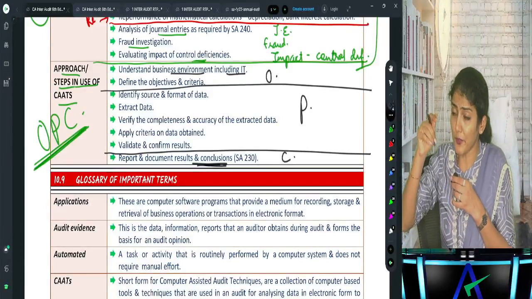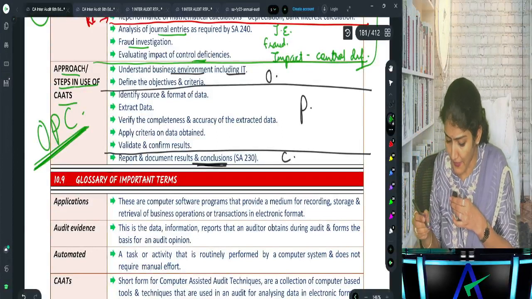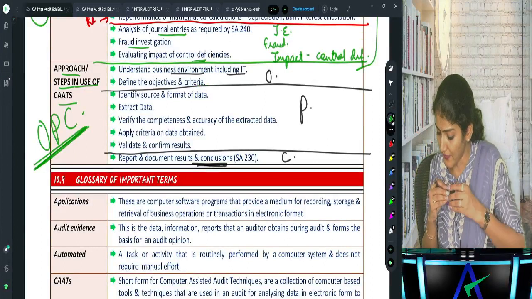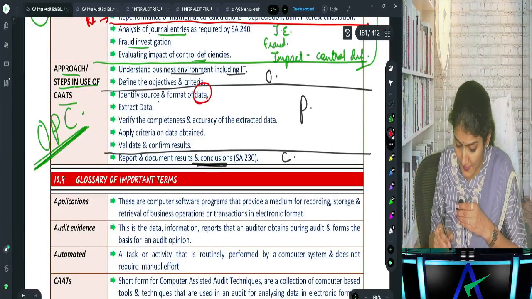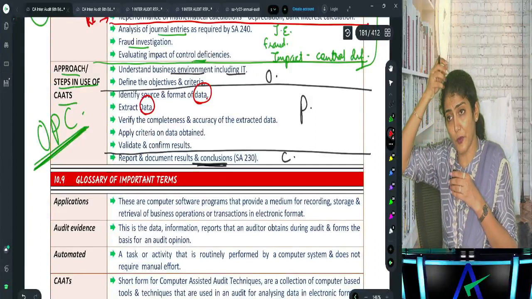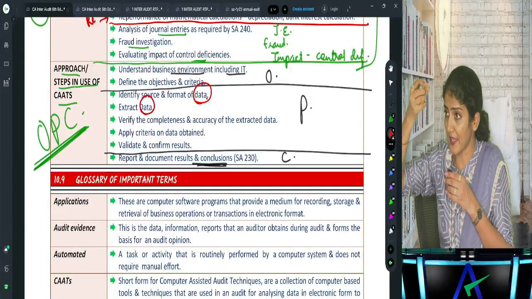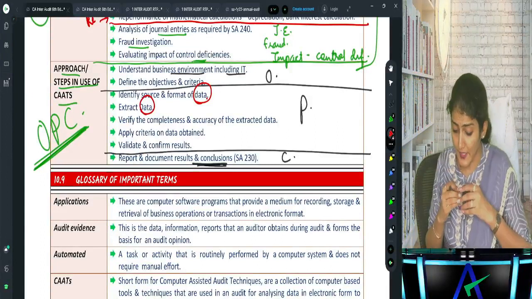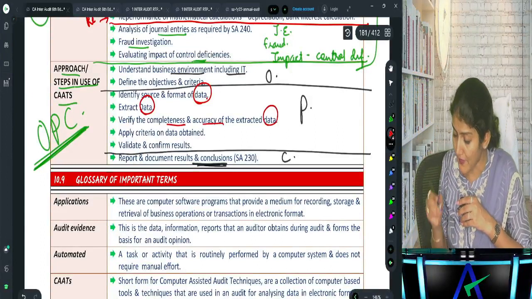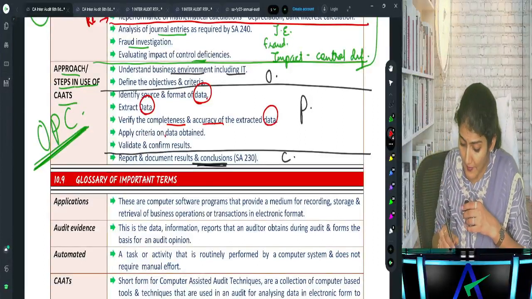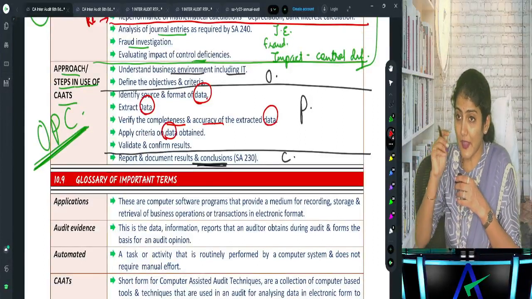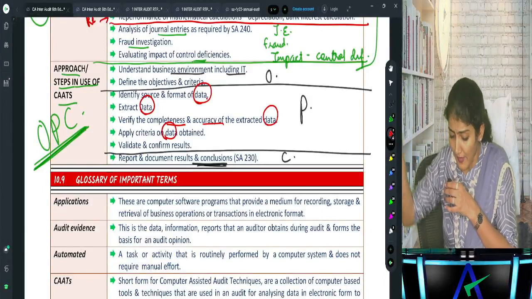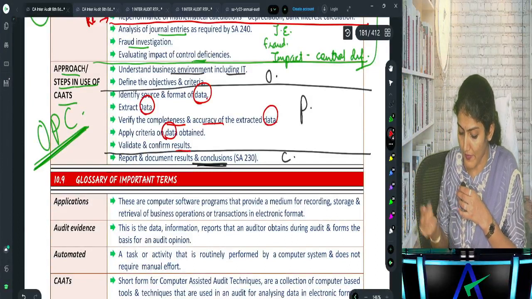Right, so if I want to check depreciation, first I have to identify, okay, what data will I require for checking depreciation? Fixed assets register. Then should I extract that fixed asset register from the client computer system? Yes, extract the data. Once I extract the data, should I start doing the checking? No, first I need to check the completeness and accuracy of the extracted data. Then I apply the criteria on the data. That means now I run the formula, cost of asset into rate of depreciation. So I apply the criteria, then validate and confirm the result, and then you reach the